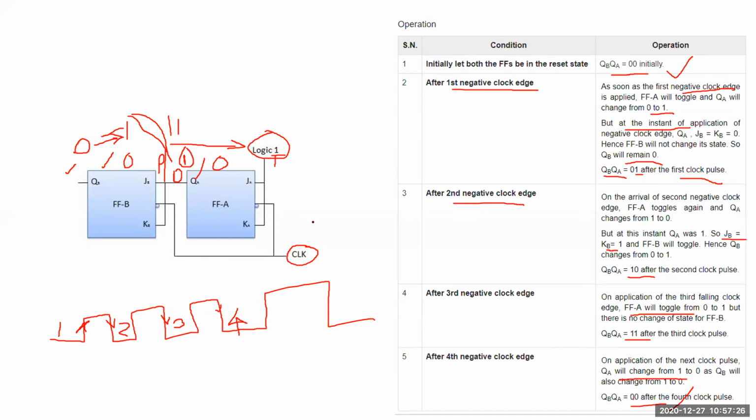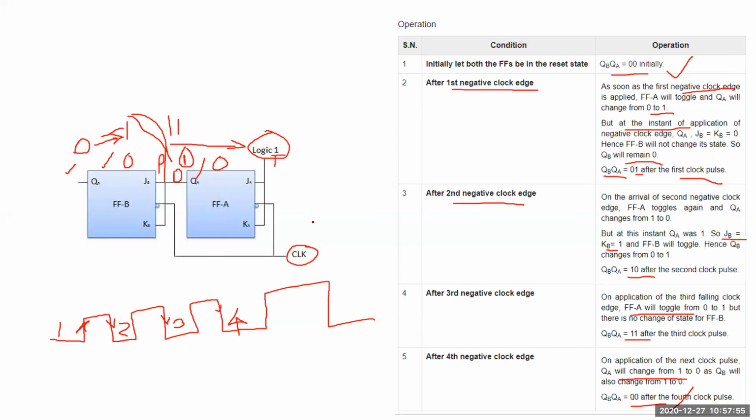In the asynchronous counter, the same operation will be happening, but it happens on the output of the previous flip-flop. But here in the synchronous counter, the counting takes place in a sequential order depending upon the clock signal and the logic 1 state, which has been permanently given as an input to the first flip-flop. So this is your working condition of synchronous and asynchronous.